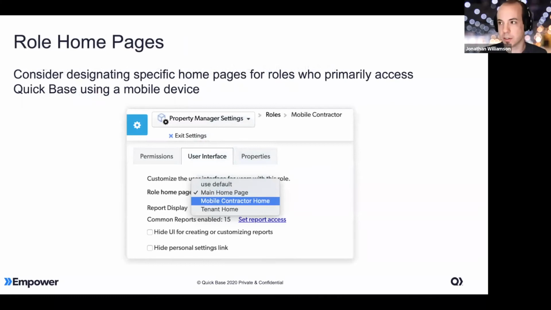So now you might ask, if I have a desktop dashboard, can I show a different dashboard with only those report types to mobile? The way we'd like you to do that is to consider designating specific home pages for roles who primarily access QuickBase on their mobile device. So you see here, I've got a home page called Mobile Contractor Home, and that's specified for the mobile contractor